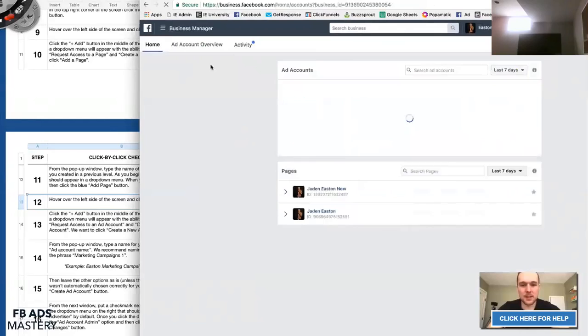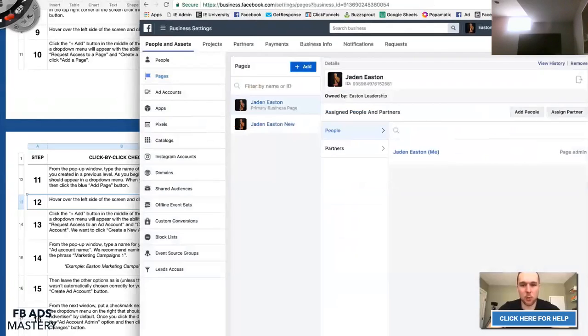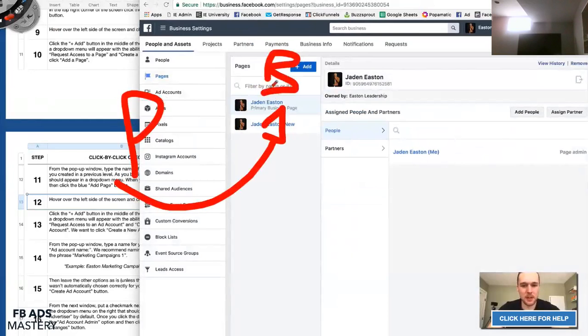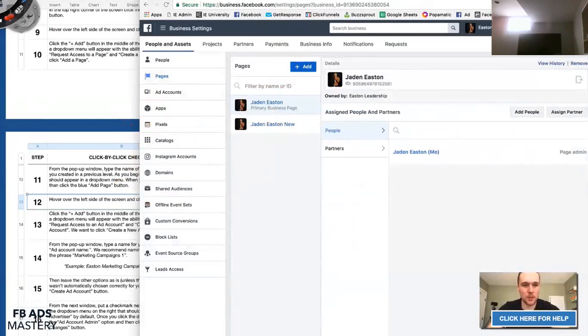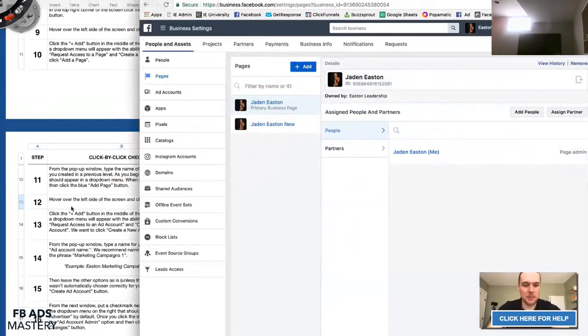The interface does typically look a little bit different, but the gist of it is it's more or less the same. I just wanted to mention that because what we were doing is switching it from the personal Facebook platform over to the business Facebook platform. Okay, so we're changing it over to the business world. So that is that. If you had other fan pages as well, you could also add them here, which would probably be a good idea. But the majority of people going through this will just have one, so that move is complete.